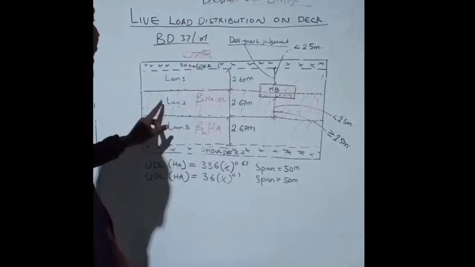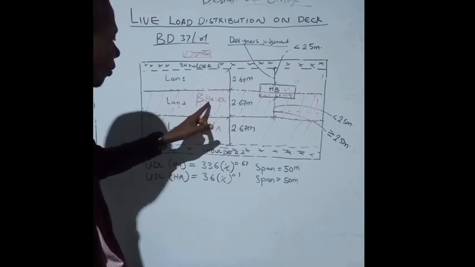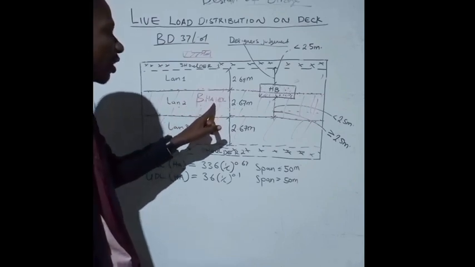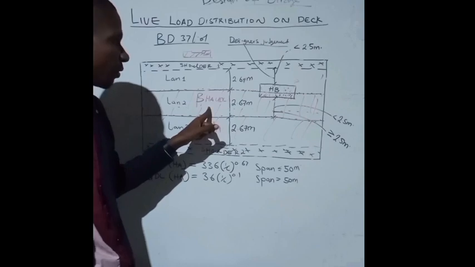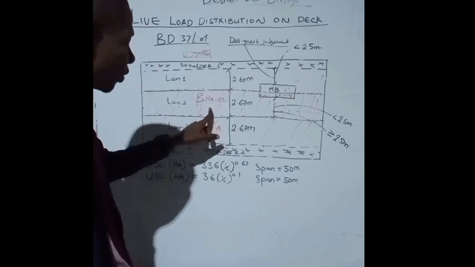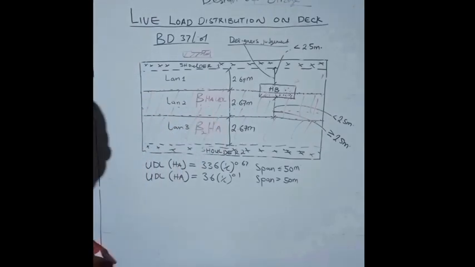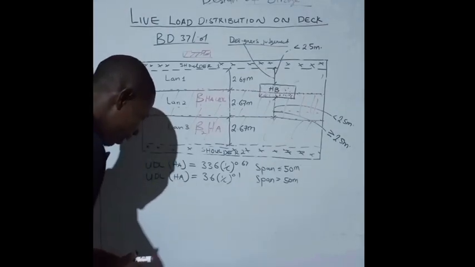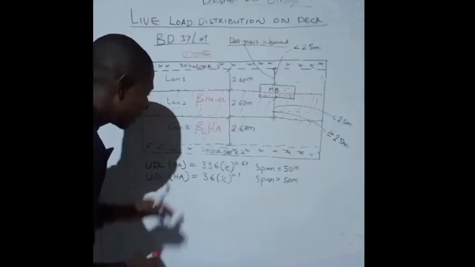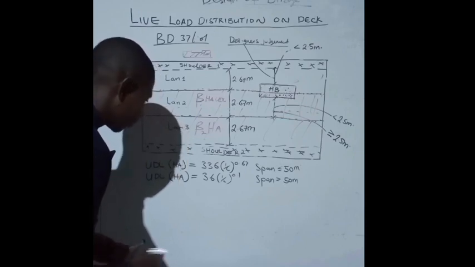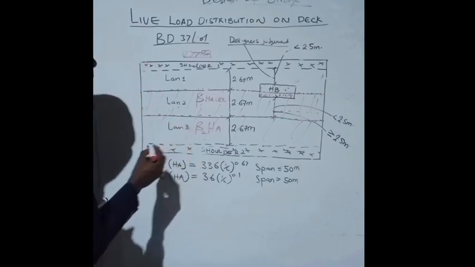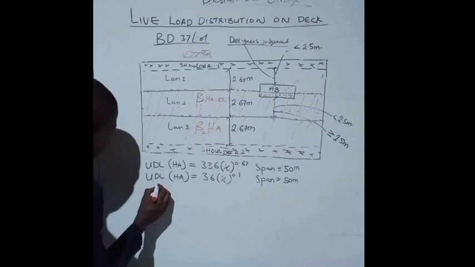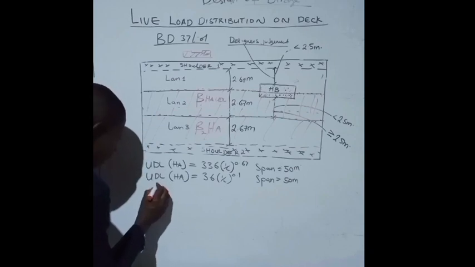And what the code says is that the uniformly distributed load is an HA load, and the lane adjustment factor is beta. If you check beta from the tables, under beta 1,